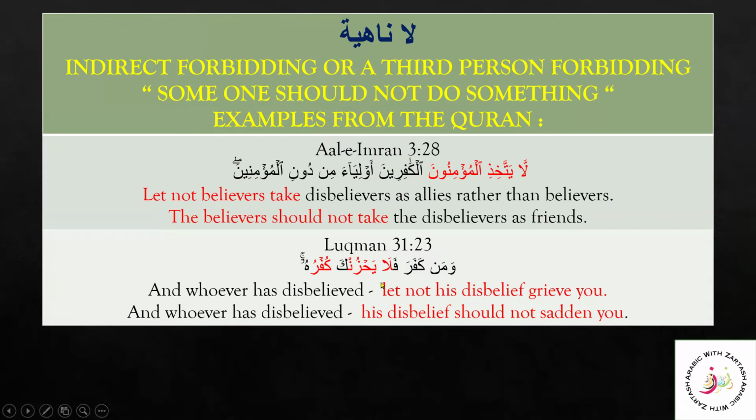And again, for the Hua version, we have to look for an outside doer. So this first marfu state is telling us that this is our fa'il, and this will be this disbelief. Kufru, kufru, his disbelief. Kufru is our fa'il here because we can have an outside doer for the Hua version. فَلَا يَحْزُنْكَ كُفْرُهُ. His disbelief should not sadden you.